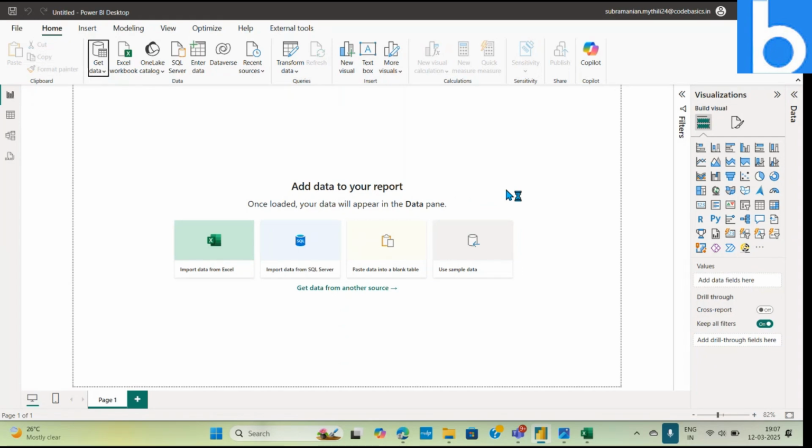But then we do have an option of publishing the report onto the online service, Power BI service. You see here something called Publish. As of now, there is no data, it's completely empty. Once everything is ready and we have started working on some data, this Publish button will become active, not grayed out. And if I publish it to the cloud service, the online service, from there I can export the whole